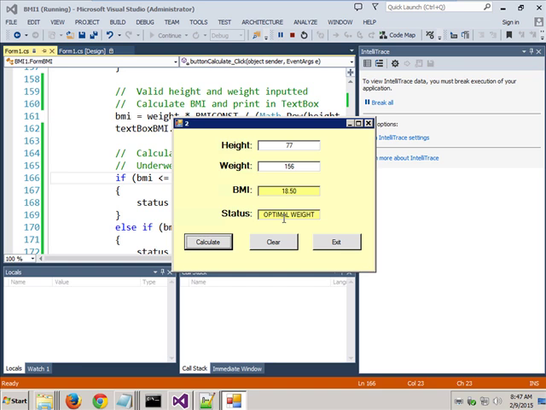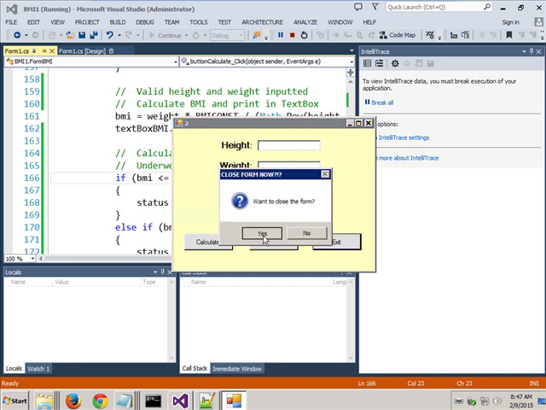And let's try 155, and that's underweight. Now, the weight I only allow to be put in as integers, and the height. If I decided I was going to make that double, I might have to look at this even more. But what I wanted to get across to you in this program that we just did was,